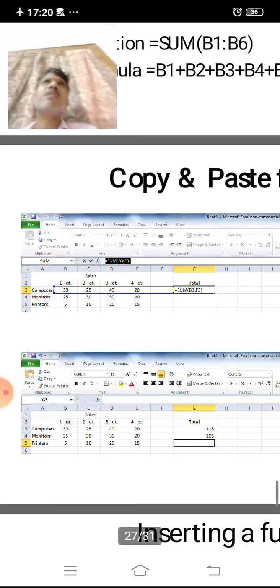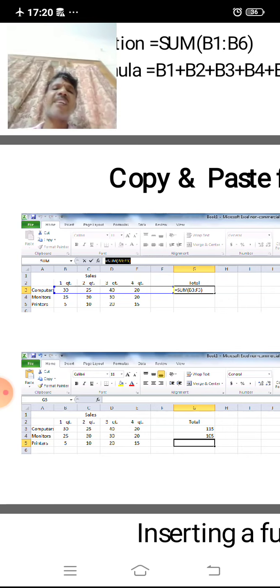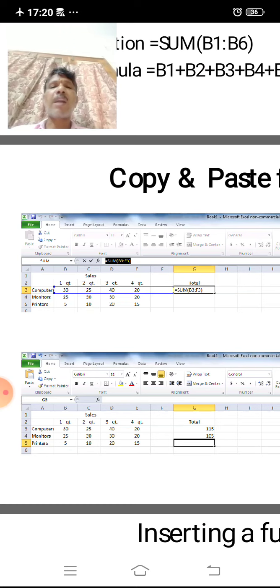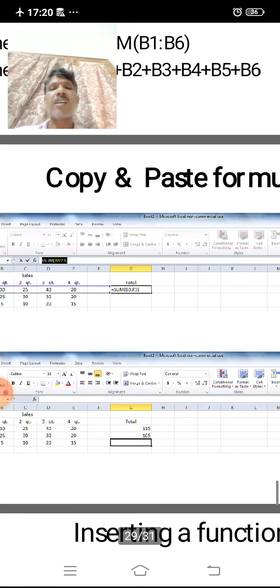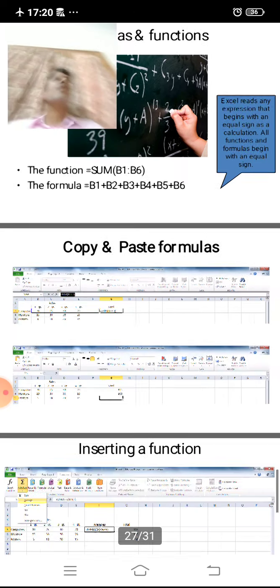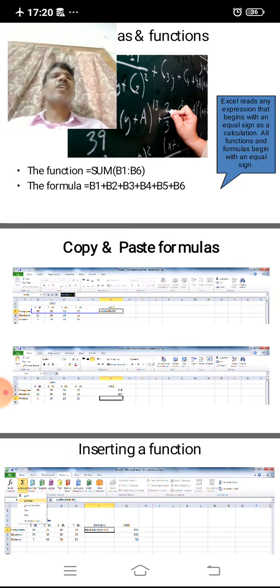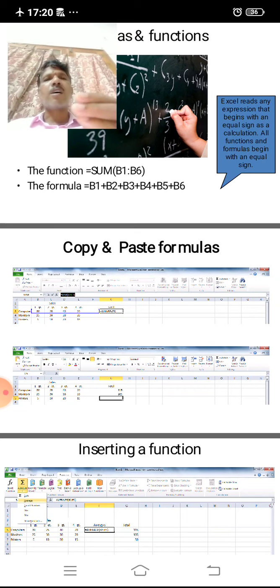This relative address can be applied to any number of cells and rows according to the user requirement. Moreover, the user can insert more formulas, use more functions, and use different charts for preparation.